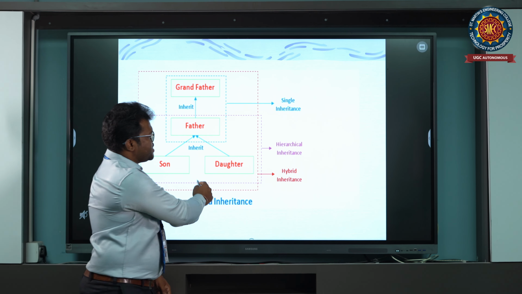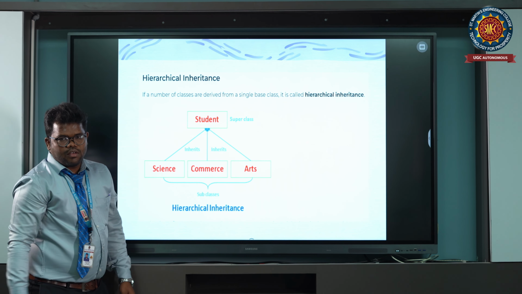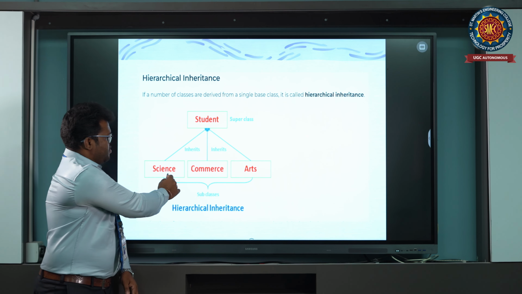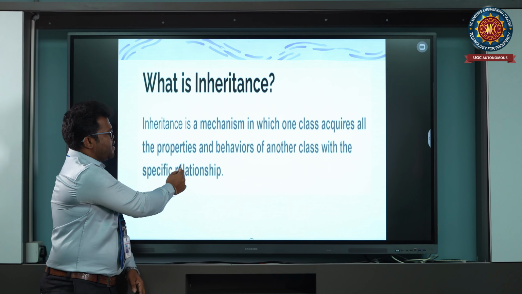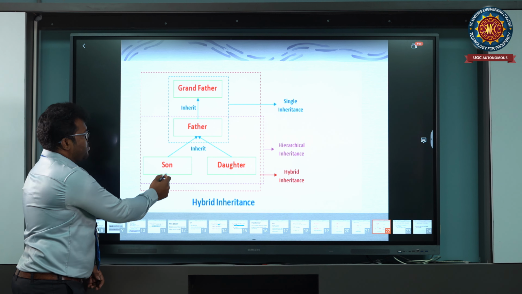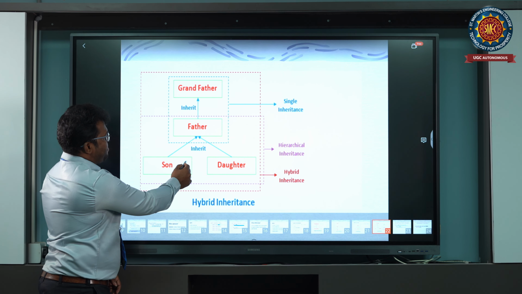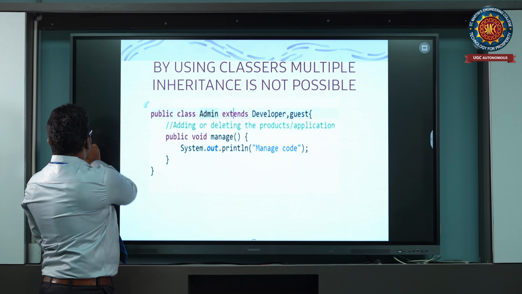These are the single inheritance, hierarchical, hybrid. These are examples of inheritance. This is the hybrid inheritance. For example,